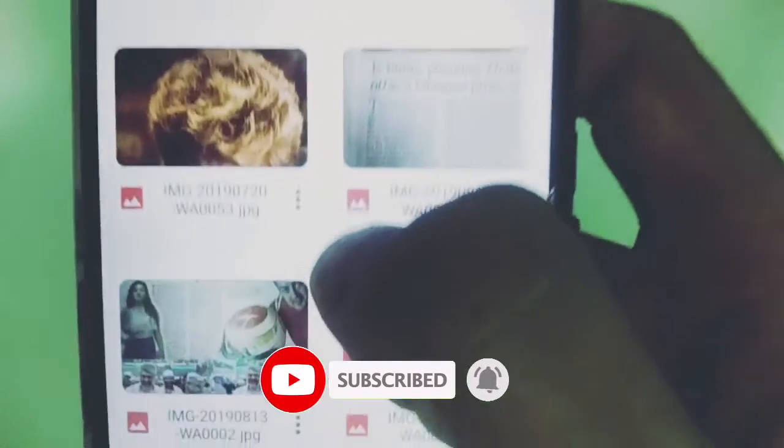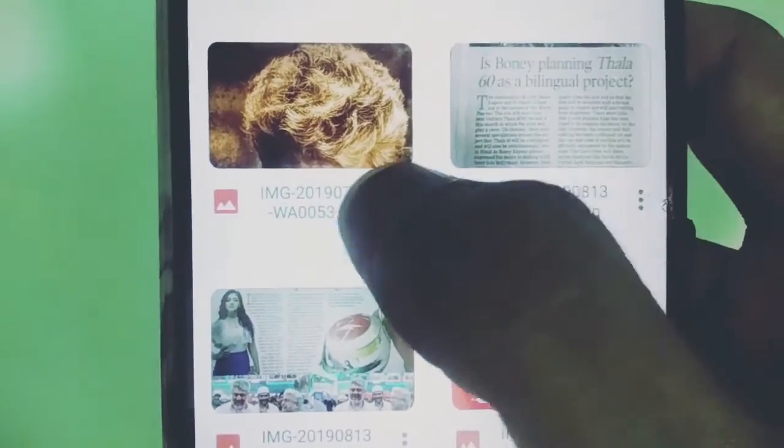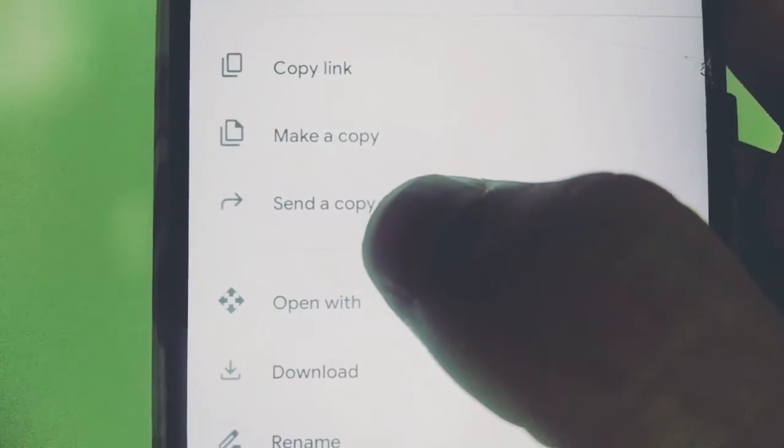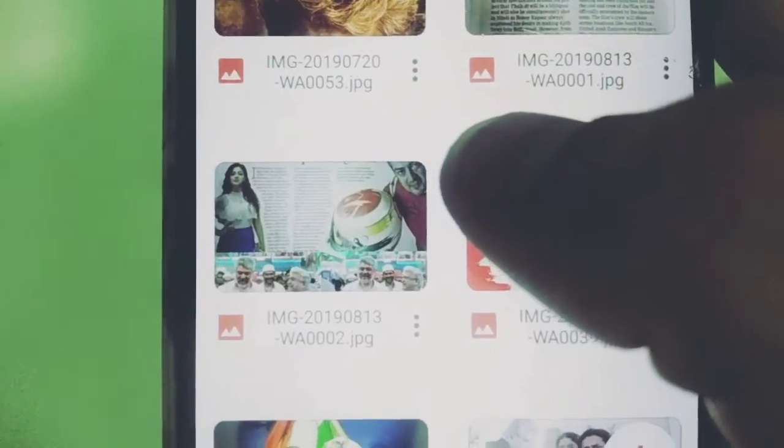So you can see a multi-dot button over here, 3 dots. Go ahead and click on it. In the options down, you will see an option called send a copy right here. Go click on it, and now